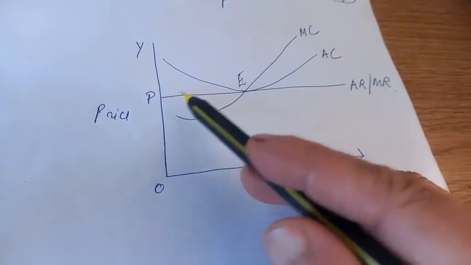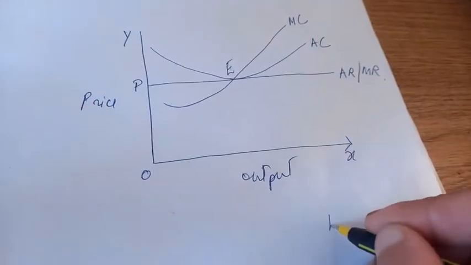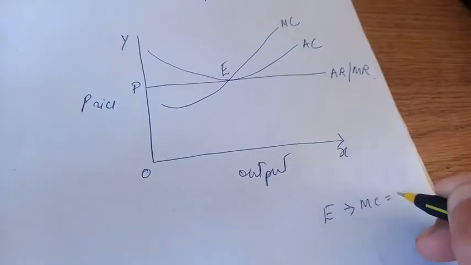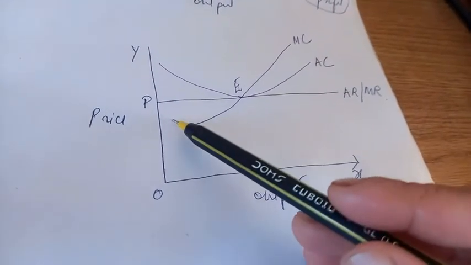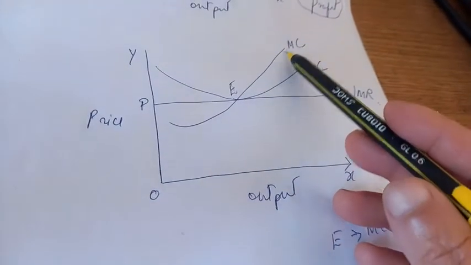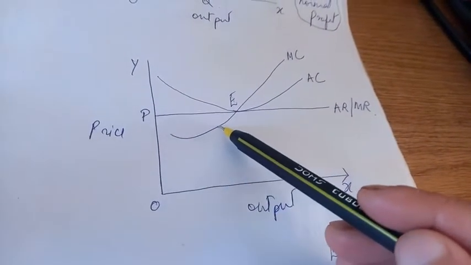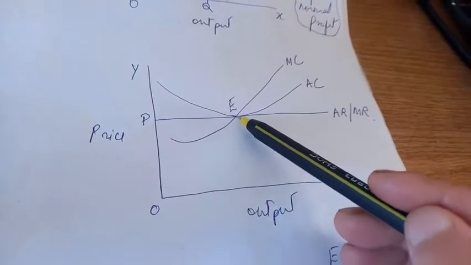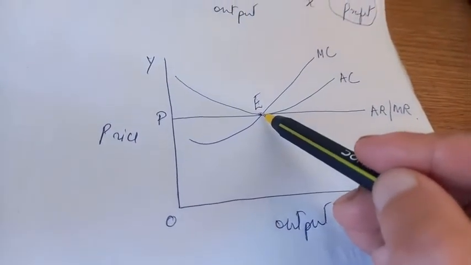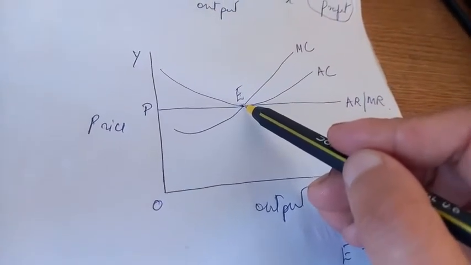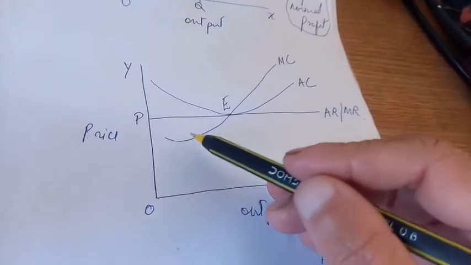Why? This curve cuts this curve at the point E, which means at point E, MC equals MR. Further, again, look at point E. At point E, MC cuts the MR from below. This is the MR curve. This is the MC curve. And this MC curve cuts this MR curve from below, reaching a point and then rising upwards. Therefore, the point E is the point of equilibrium because it satisfies the important conditions for a firm to be in equilibrium, that is the equality of MC and MR, as well as the MC curve cutting the MR curve